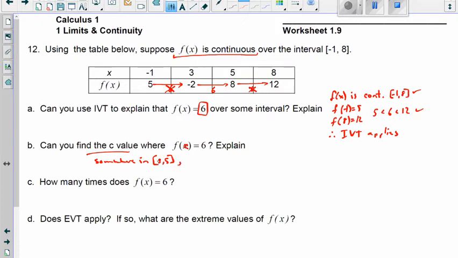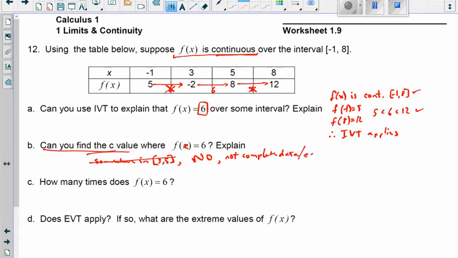So the answer to this one is somewhere there. That's not enough. Can we find the c value? No. It's just that we don't have a complete function. Okay. We know it's continuous. They guaranteed it. I could plug in 3.87 if I wanted to, and I'm going to have an answer because it's continuous. I can plug in every number, but we don't have the information for it. So that's why we can say, no, there's no equation. We don't have complete data